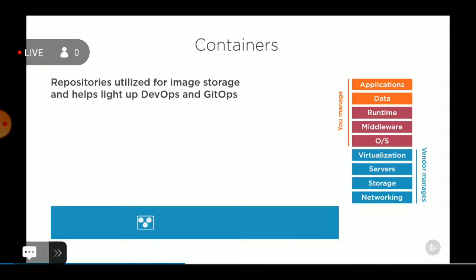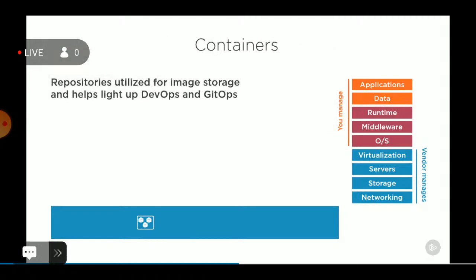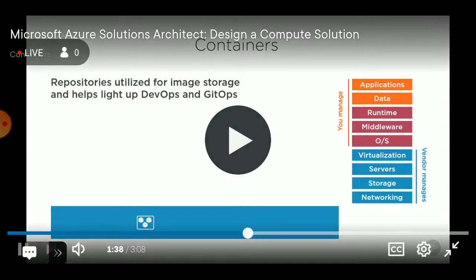So I can leverage that with things like DevOps. I can continuously integrate my code, and then as part of my continuous delivery, build out that new image to actually deploy to environments. And with GitOps, well, I can pull down a configuration of deployment that would include using certain images. Now you'll notice what you're managing here, I've changed the OS, the middleware, the runtime to a slightly different